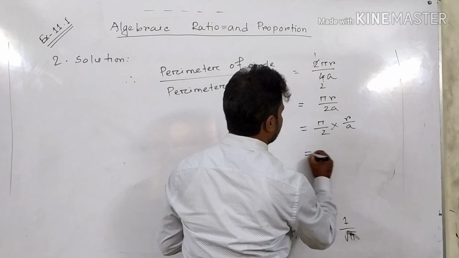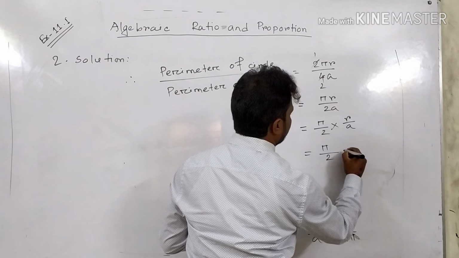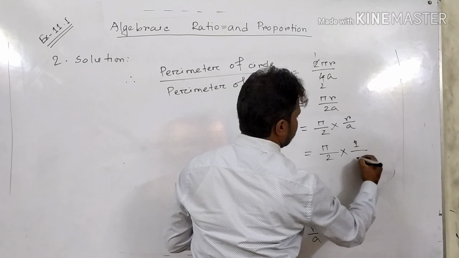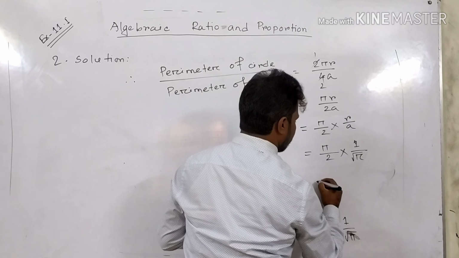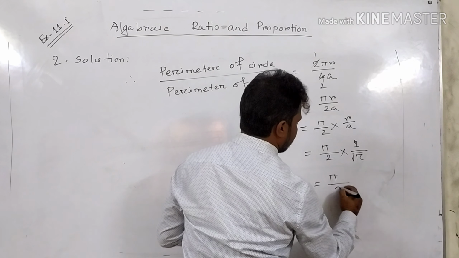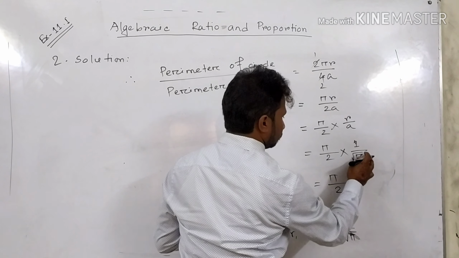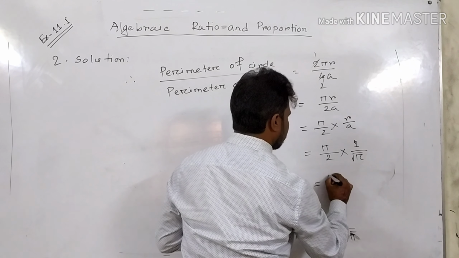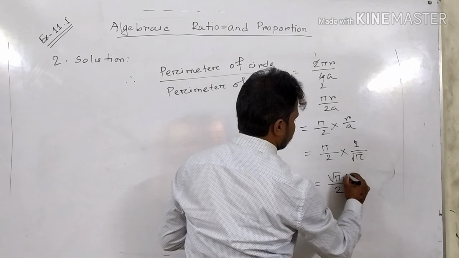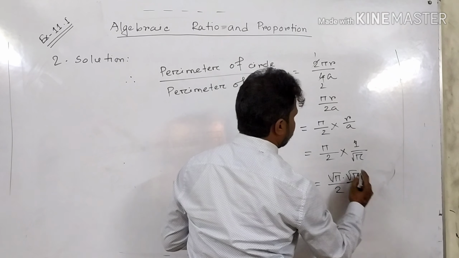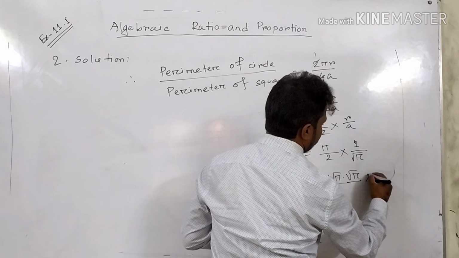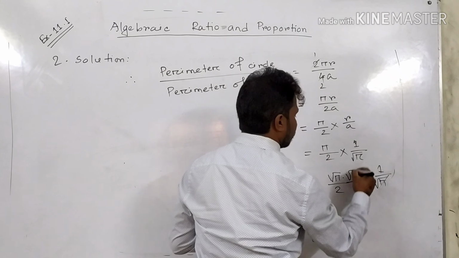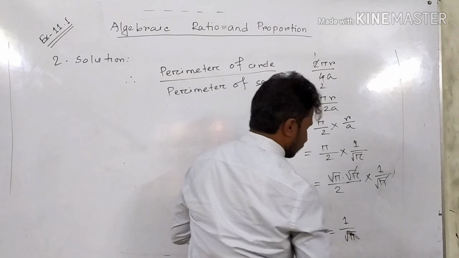Here you will write pi divided by 2, r by a equal to 1 by root pi, equal to pi by 2 into 1 by root pi. As we know that pi equal to root pi into root pi, omit,